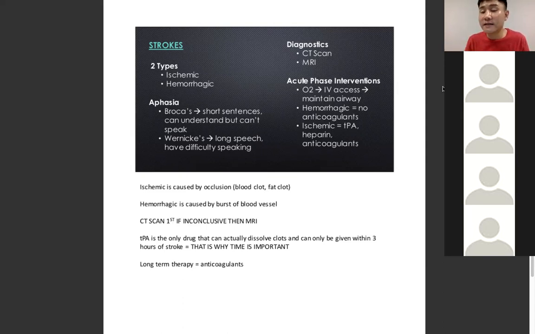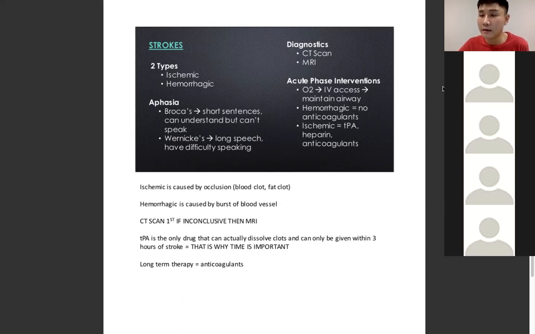And if the CT scan doesn't show anything, but we still suspect that the patient has a stroke, we then move on to a procedure called an MRI. MRI is more detailed, and it will tell us everything about the patient and the patient's condition. So acute phase interventions include giving them oxygen, IV access, and maintaining the airway. For hemorrhagic, we do not give them